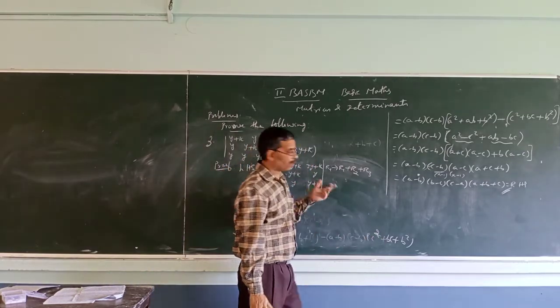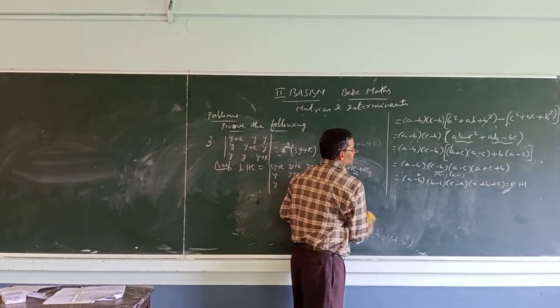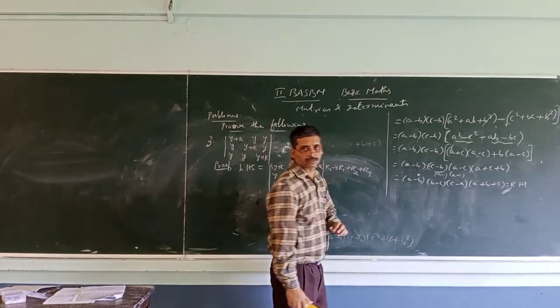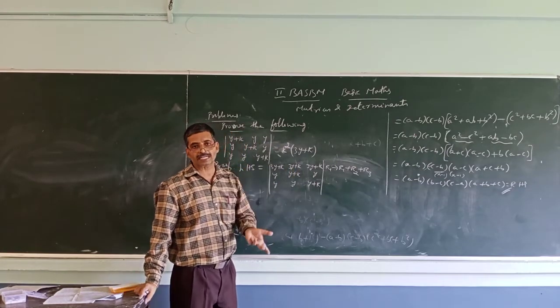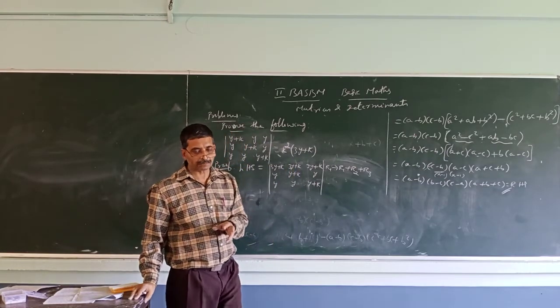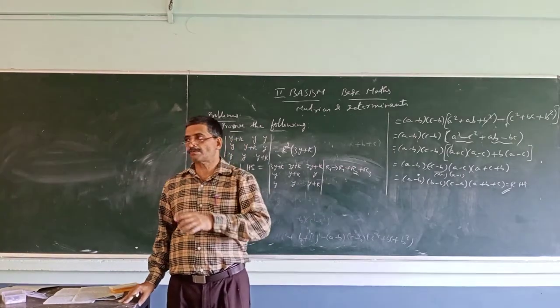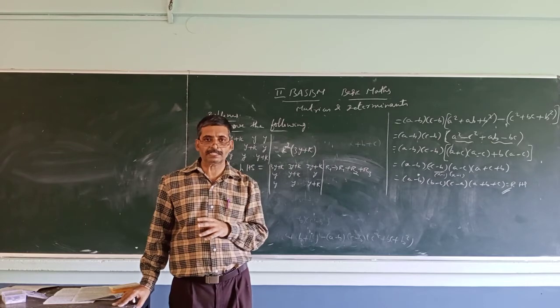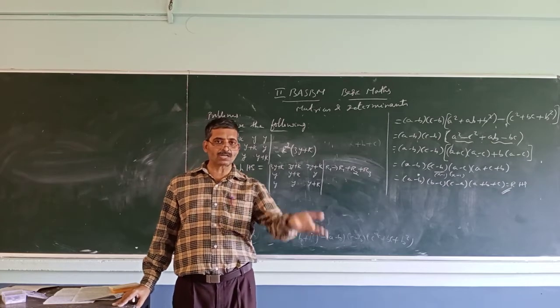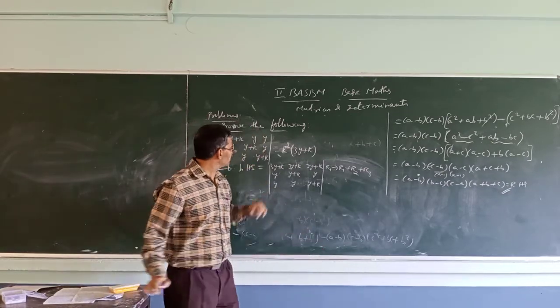Once you have all the elements common, same. All the elements of the first row are the same now. 3y plus k, I can take 3y plus k outside. So that's what I am telling: if all the elements of a particular row are a scalar multiplier of some number, then you can take that constant outside. So that is what we are going to do.